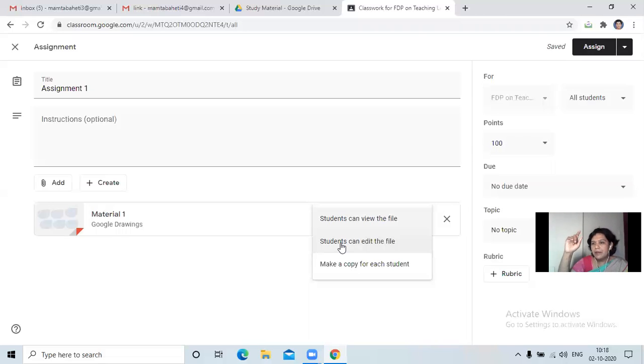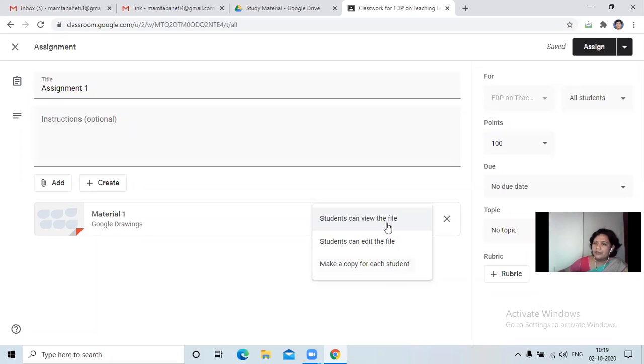Like suppose I am making an Excel sheet and I am putting some data in it, and the student needs to calculate and post the data in it itself. So there what we'll do, we will be able to edit that file. Okay, or make a copy for each student. If you want that it should not be a common one, it should be an individual one. So then it will be like a copy for each student.